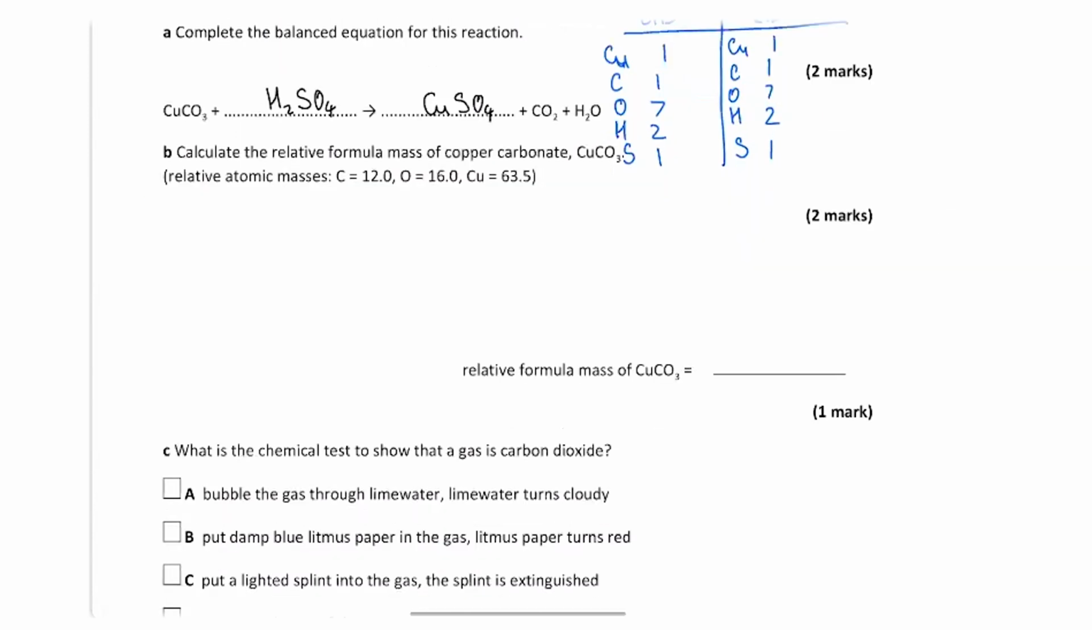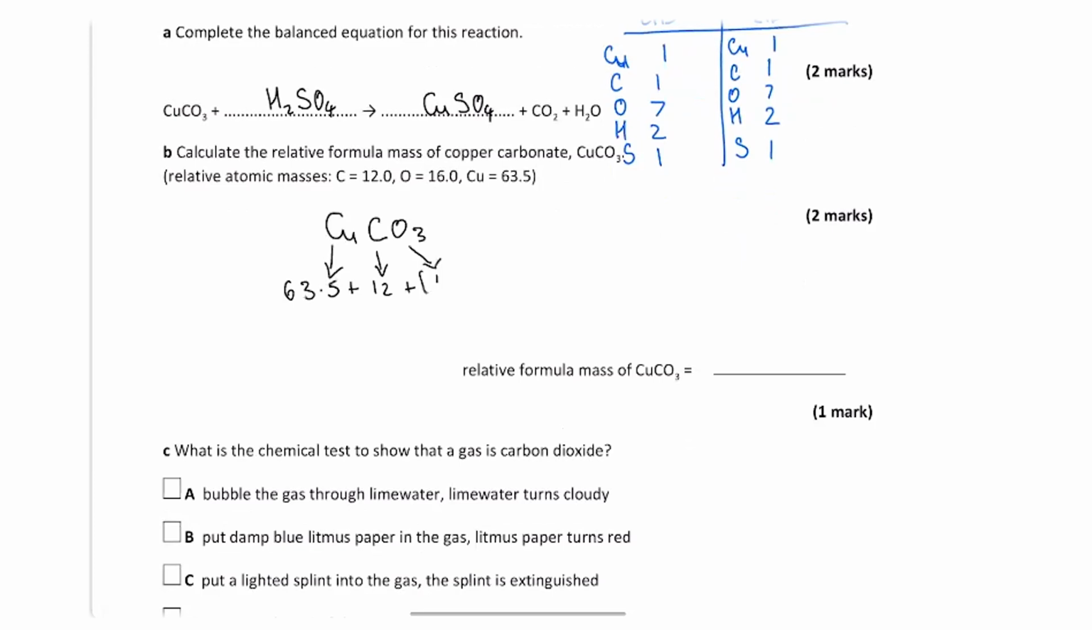Calculate the relative formula mass of copper carbonate, CuCO3, and it gives us the relative atomic masses. Carbon equals 12, oxygen equals 16, and copper equals 63.5. So this is the way that I always like to lay it out, so it's very, very clear. So we've got copper, 63.5, plus carbon, which is 12,